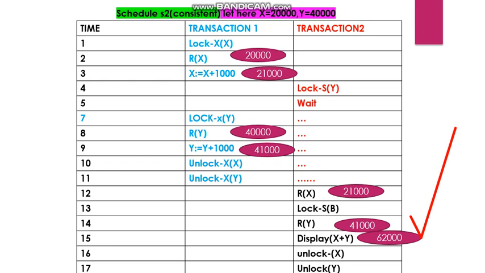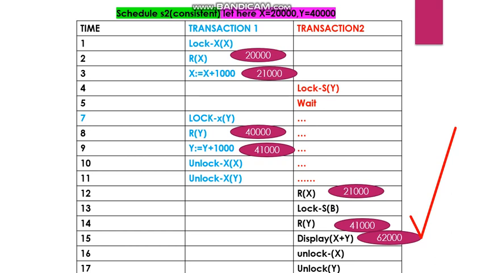Here in this schedule, at time 1, transaction T1 acquires a lock on X. At time 2, it reads balance of X as 20,000. At time 3, it adds 1,000 to the balance of X. Now at time 4, transaction T2 tries to acquire a lock on X, but already there is a lock on X. So T2 has to wait.